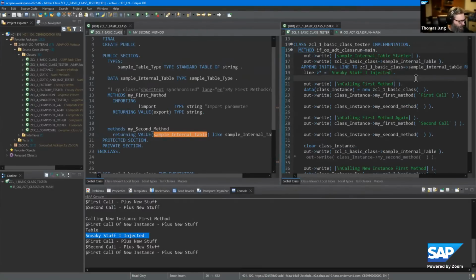If I try to run this now, syntax error, right? Because I'm trying to access it as a static attribute, and it's no longer exposed as a static attribute. So if I take out those couple of lines,